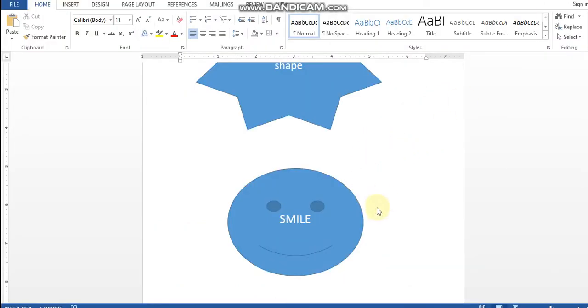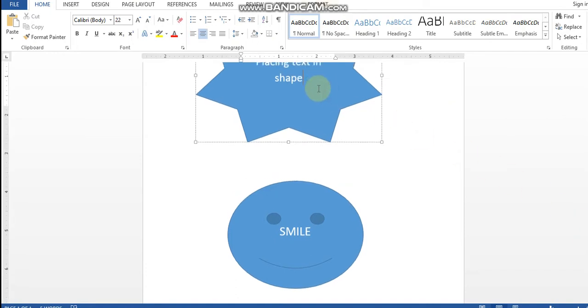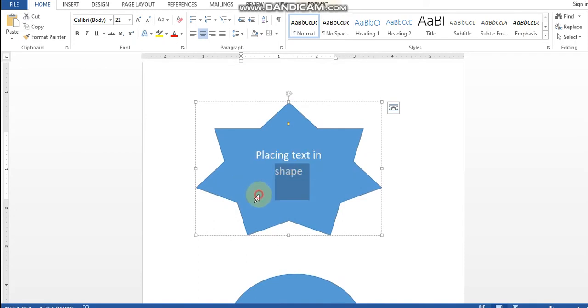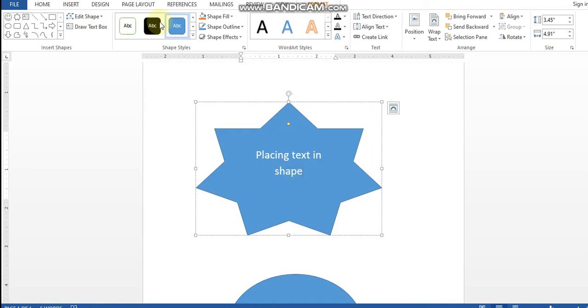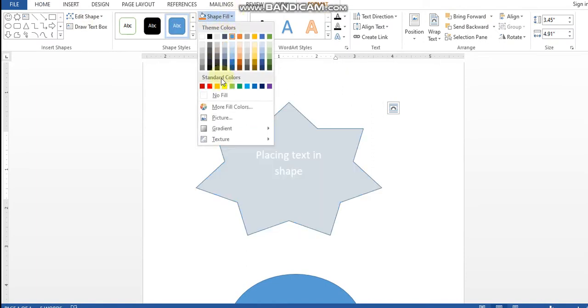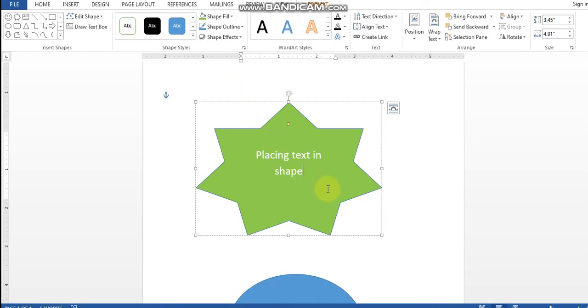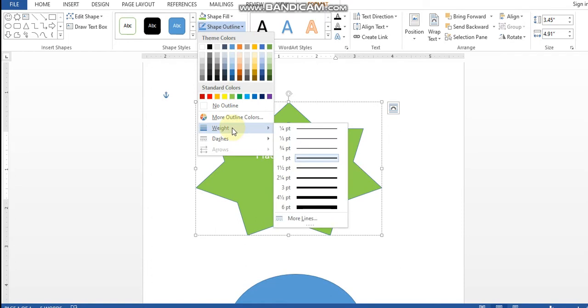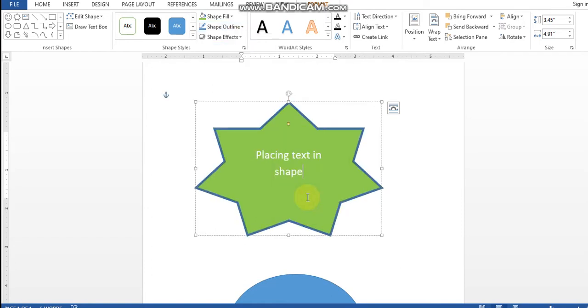Suppose this is my first shape. By default the shape background is blue. So go to the format tab. There is a shape fill. Use any other color which you like and fill. Shape outline: as I have already explained, this weight tool also. Outline means the outer border of the shape.